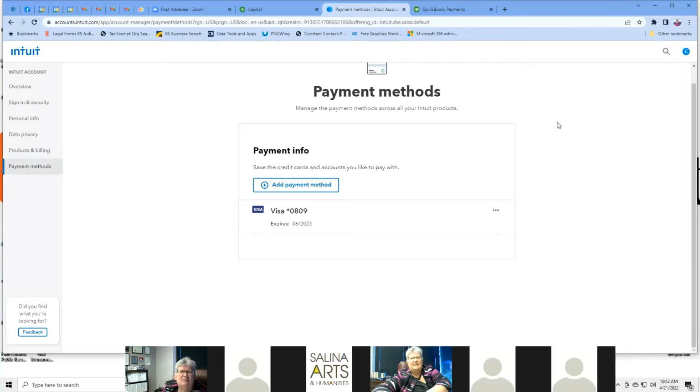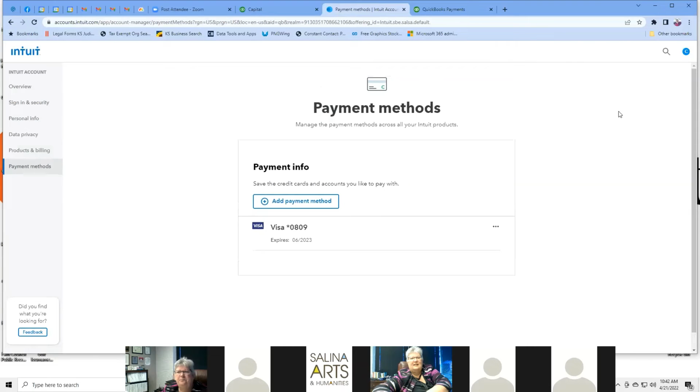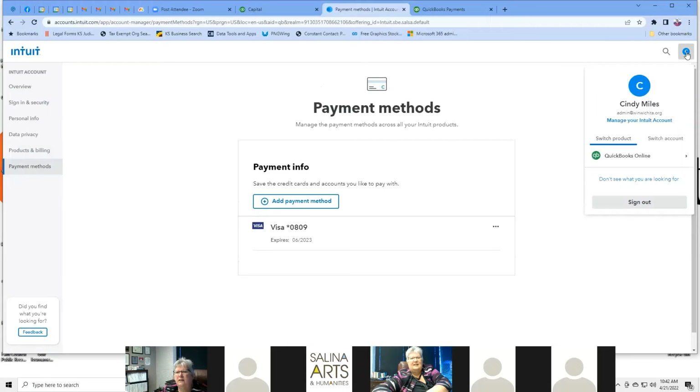Unless, if you've got QuickBooks Online for $75 a year through TechSoup, you would pay that through TechSoup. So you wouldn't necessarily have to have a payment method set up in QuickBooks. But if you were subscribing to QuickBooks Online and you were a small business, they'll automatically bill you for that every month. So certainly that would be a reason to set up that payment method. All right, and then